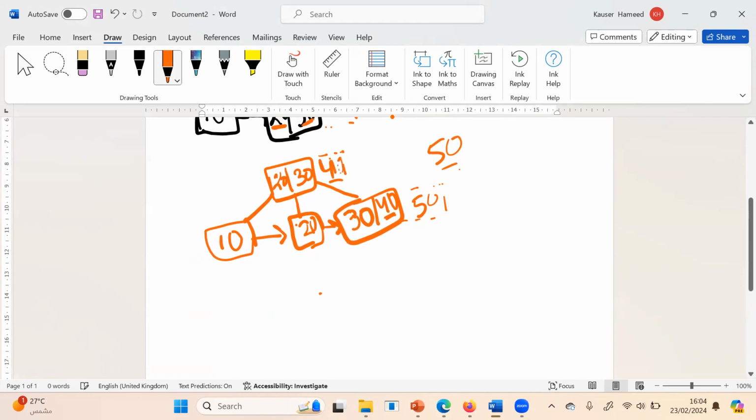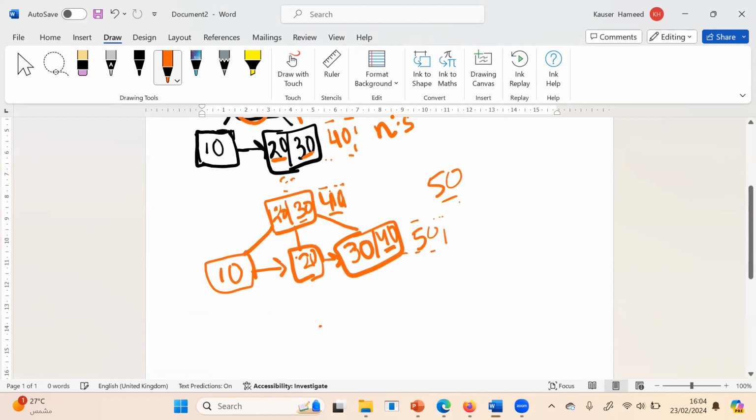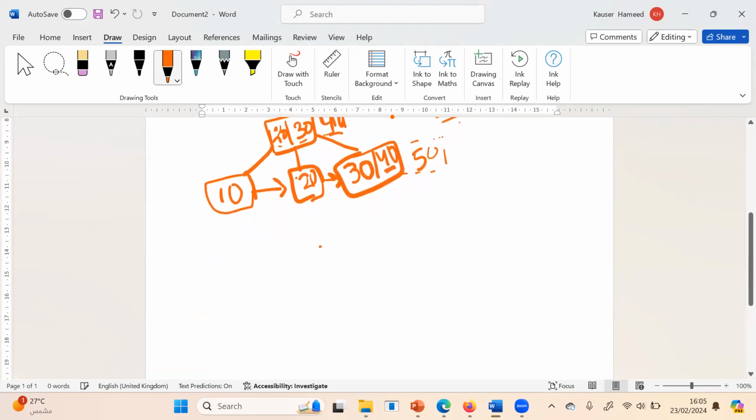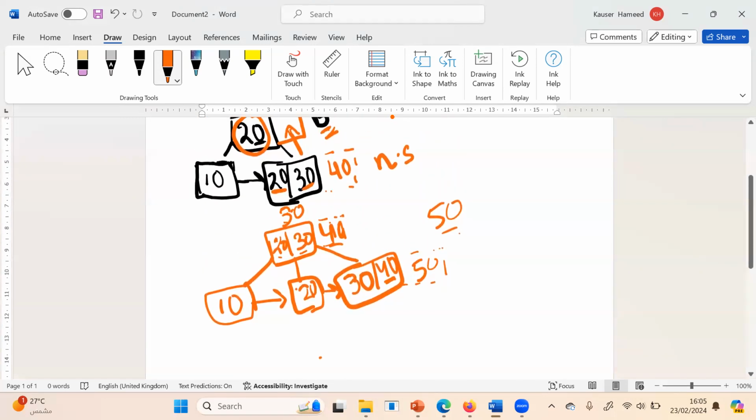Okay, and then here also there is a node split. The middle value will be sent up. So the new root here is going to be 30. Its left child will be 20 and 40, and so on. So let's do this. After inserting 50, now we have two levels of node split, one in the leaf